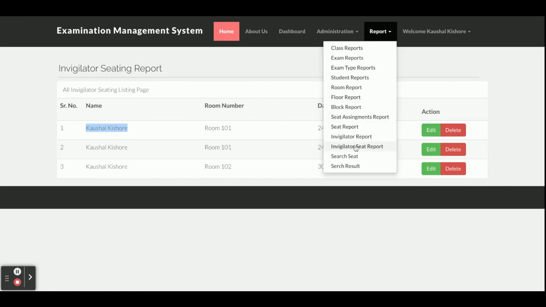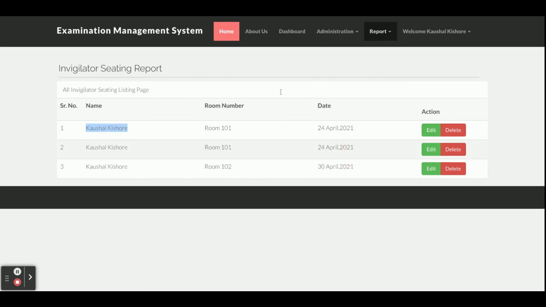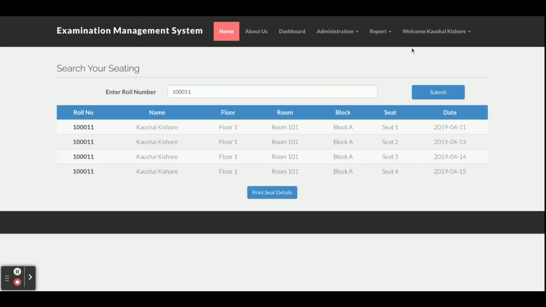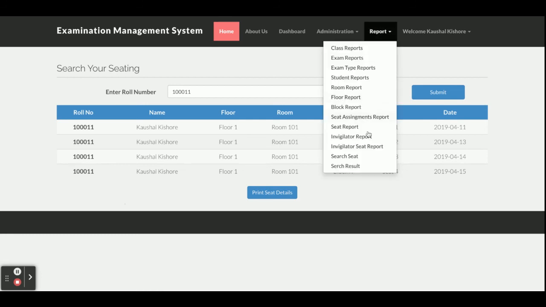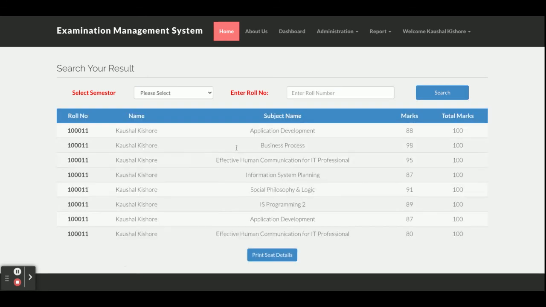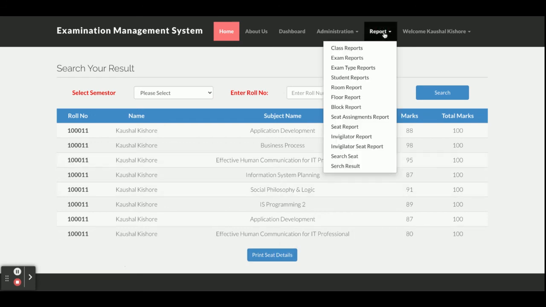And then invigilator search seat. From here, as I told you earlier, admin can also search the seat for the students, right? And search result, admin can also see the result of the student too, right? So you can see this number of results have been added by the admin, and admin can filter details also, right? So these are the report forms.